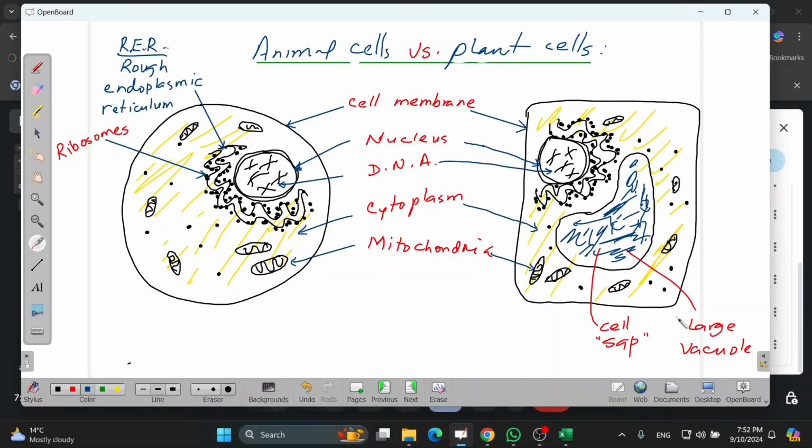Now, do we have a vacuole like plants do? Well, no, we do have vacuoles, but they are tiny. Like one here, another one there, another one there, more than one, right? So we have, let's say, small vacuoles, more than one. And actually, we don't need them for water storage. We are interested in the plant vacuole very much, right? It takes a lot of space in plant cells.